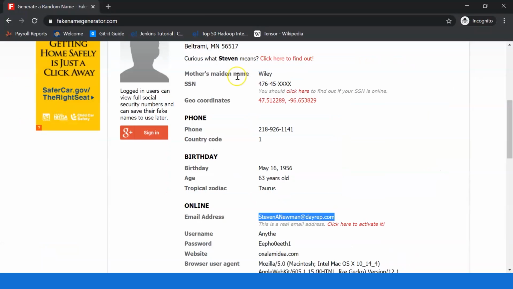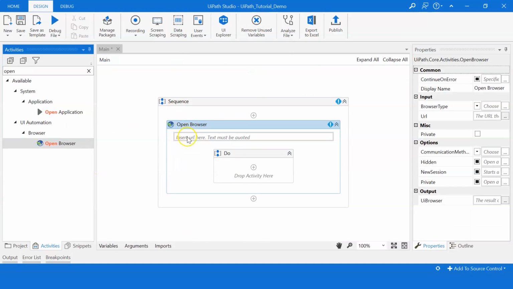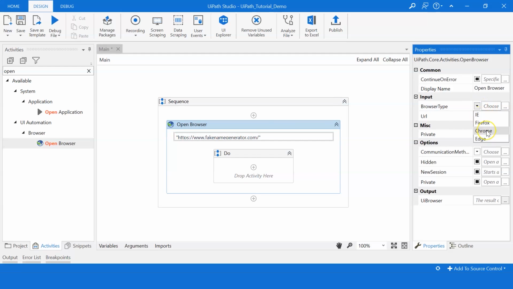So I'll go to my website, copy paste the URL. I have to give this URL within double quotes, then I'll paste it. Now we need to select the name of the browser where you want to open this website. So under input and browser type, I'll choose Chrome.